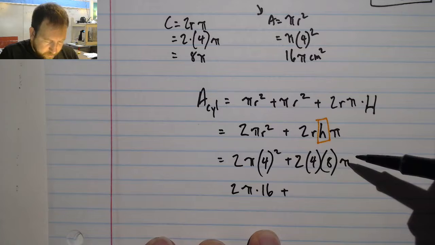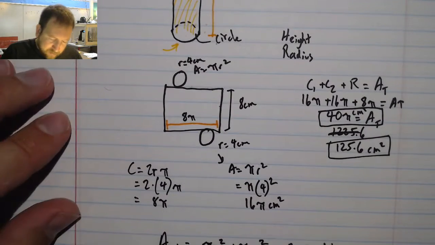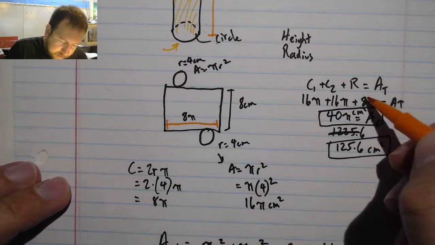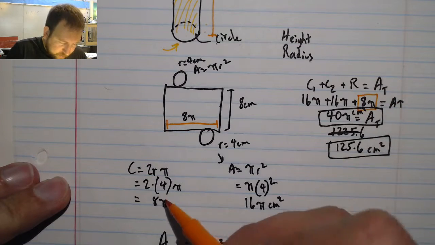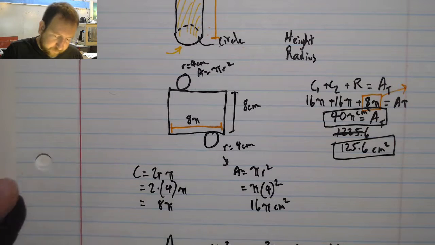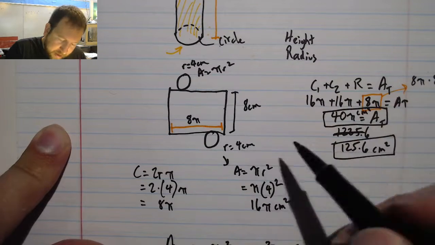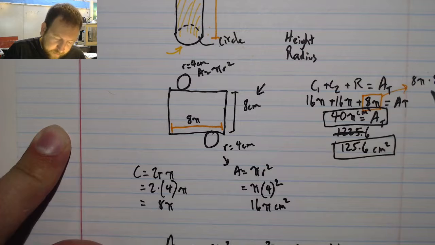I'm wondering if I missed something. I did miss something from earlier. Whoops. I made a big mistake in that this section here I wrote 8 pi. 8 pi is only the circumference. This should have instead been 8 pi times 8, because 8 was my height. I never actually multiplied it by my height here, so that would not have worked. So this should have instead been,